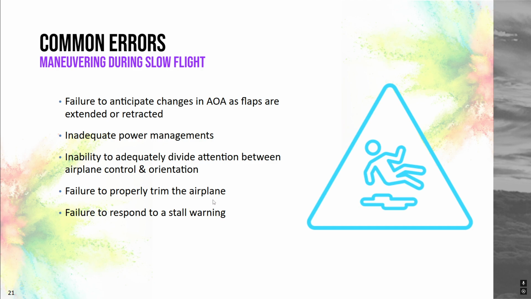Inability to properly trim the airplane. The trim is supposed to help us, so this will help us maintain our airspeed. If I trim for 50 to 55 knots and then I'm using my power to hold my altitude, that makes the maneuver a whole lot easier. And failure to respond to a stall warning. Usually if I hear the stall warning, I'm getting too slow and I'll need to add power and/or